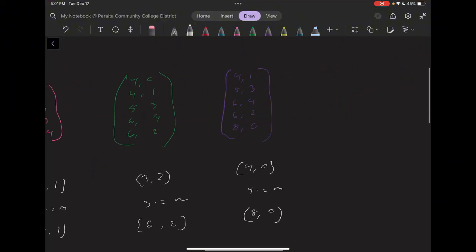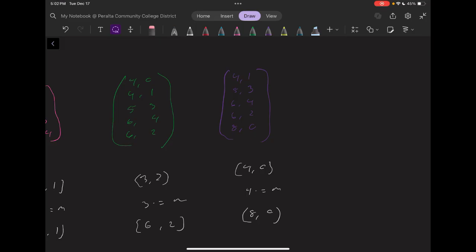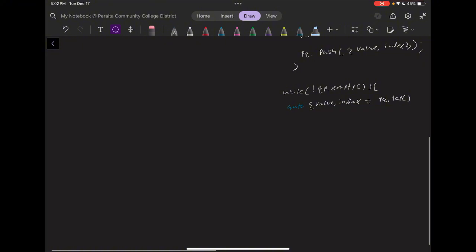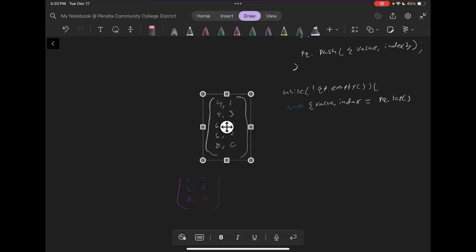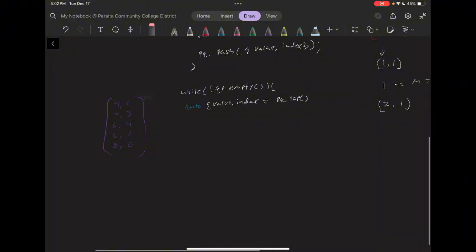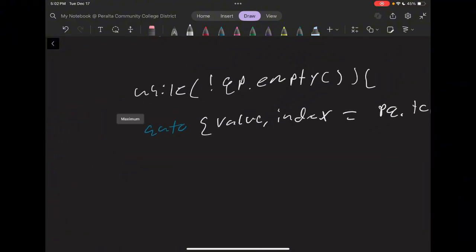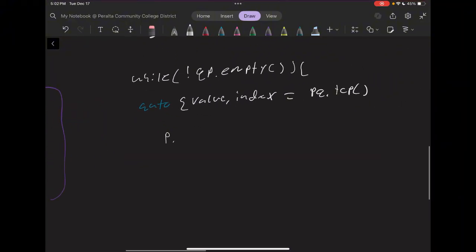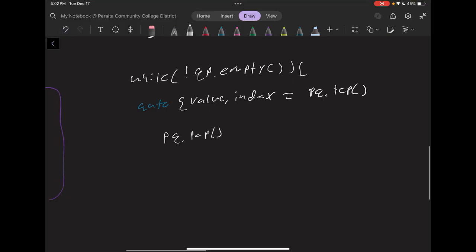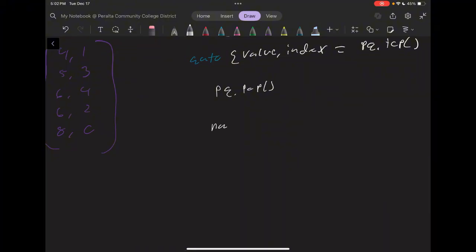So after all that, we'd be using this queue to push the numbers back into the nums vector. We pop the current top, so pq dot pop the element, and then we say nums at array index